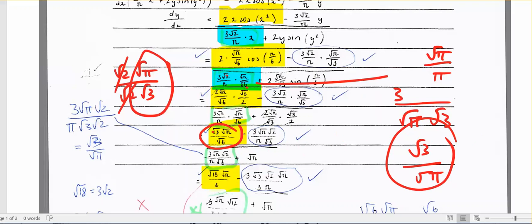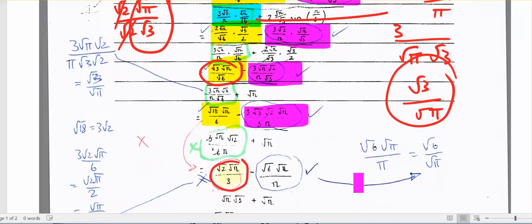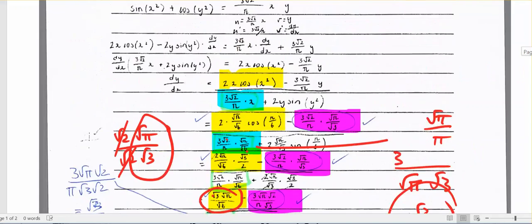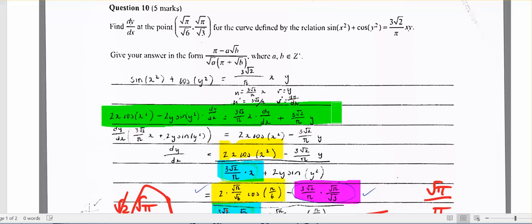If we look at this one equals this one equals this one equals this one, but down here, I just simplified that to root 6 on root pi. So lots of work, lots of steps. I'll show you what I did. So I've taken this line and I've substituted for there. So if we go over the page,